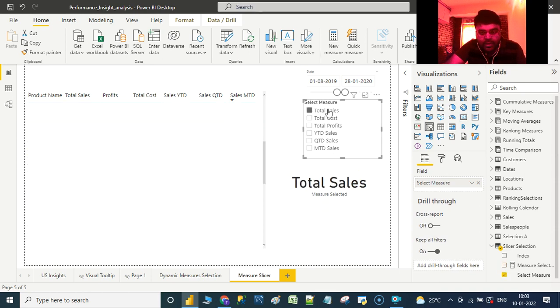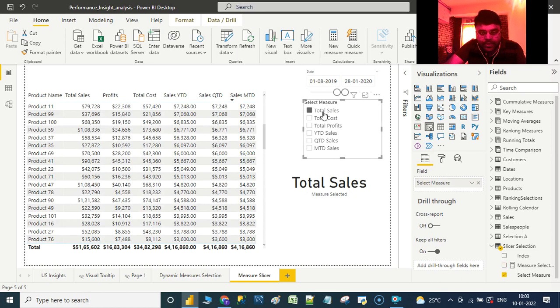Say if we are selecting total sales, we get total sales here. If we are selecting total cost, we get total cost here. If we are selecting total profits, we get total profits. If we are selecting YTD sales, we are getting YTD sales. If we are selecting QTD sales, then we get QTD sales. If we select MTD sales, then we get MTD sales.